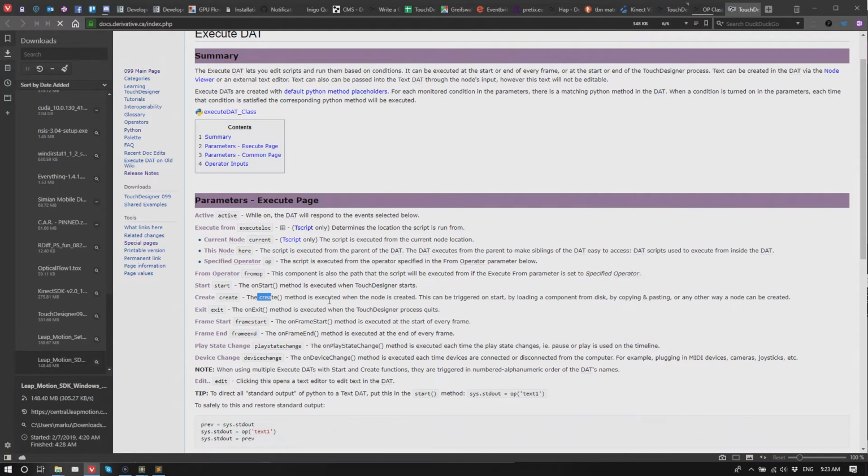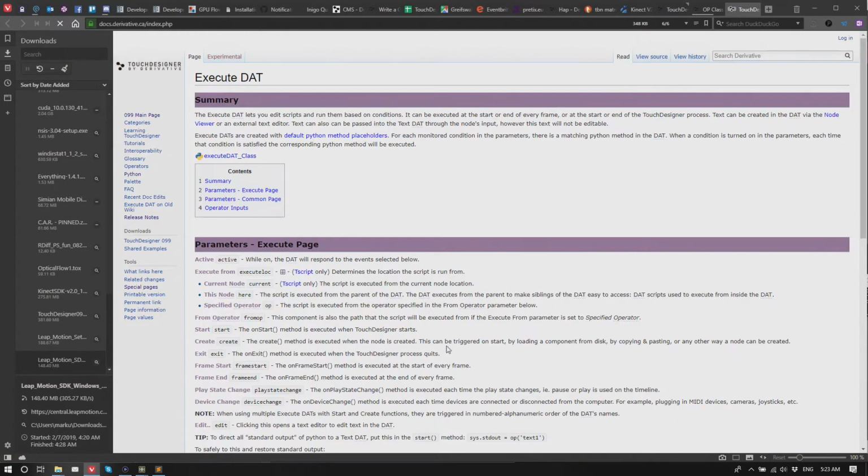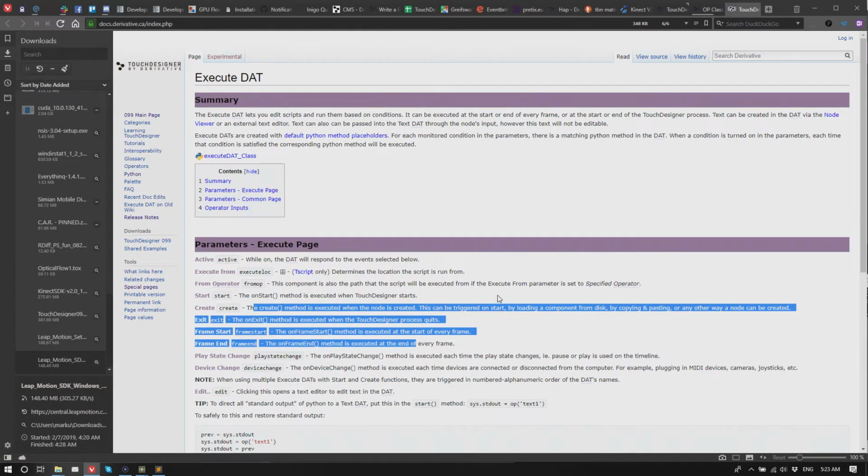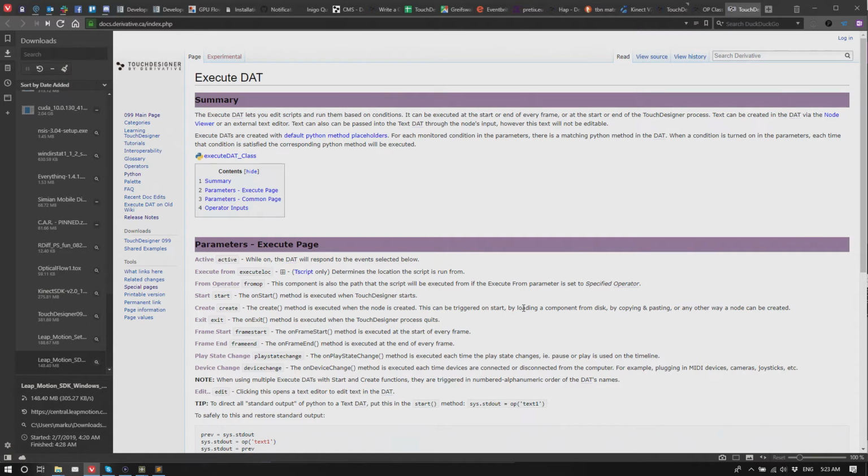Create. That's weird. It says create method is executed when the node is created. Well, it is maybe saved in a top component or something.